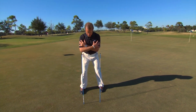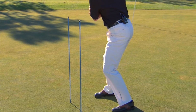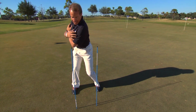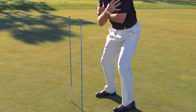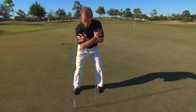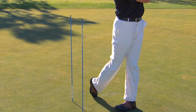So as we get in our address posture, we get in a nice athletic posture, and we coil our body around this imaginary axis point that exists on the inside of the right leg. We keep the right leg rigid in a strong position. When we go to start our downswing, we start with the left knee and the left shoulder moving towards impact, setting the left knee above the foot. And then from here, we rotate around that second axis point, finishing in a nice balanced